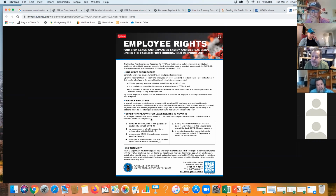The qualifying reasons for leave: an employee is entitled to take leave related to COVID-19 if the employee is unable to work, including unable to telework, because the employee is subject to a federal, state, or local quarantine or isolation order related to COVID, has been advised by a health care provider to self-quarantine, and is seeking a medical diagnosis. I think under the circumstances, if number 2 and 3,